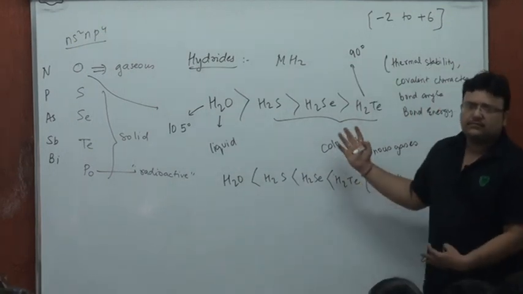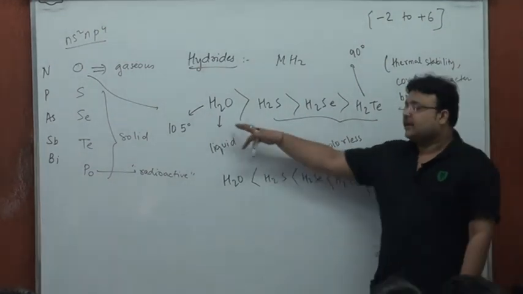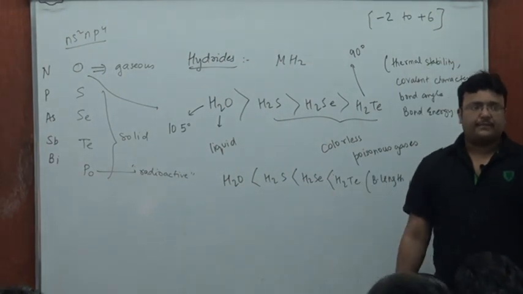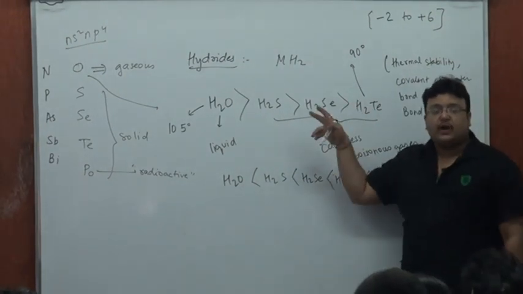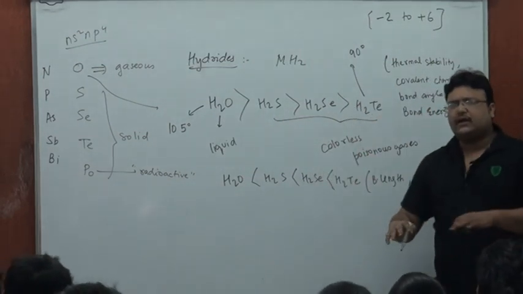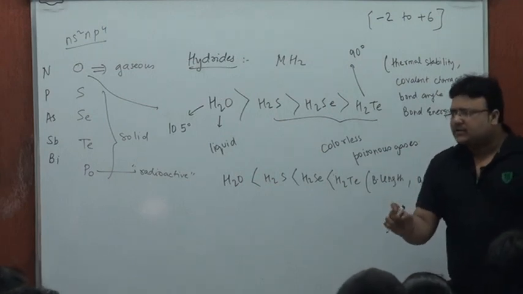Recall I had said all of it in class 11 bonding, that it starts with 105 degrees. To explain this, we are using hybridization and VSEPR, and down the group, because the bond angle is decreasing, and eventually it is close to 90 degrees, which will not require any fancy ideas, but overlap of pure p orbitals,